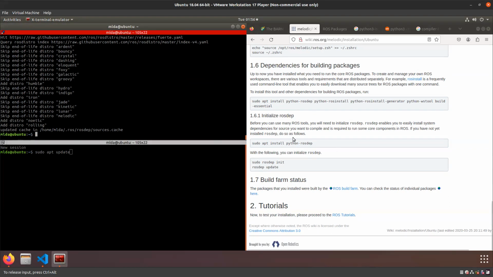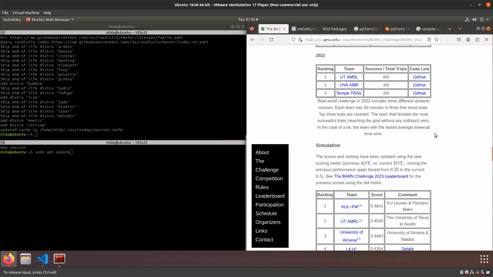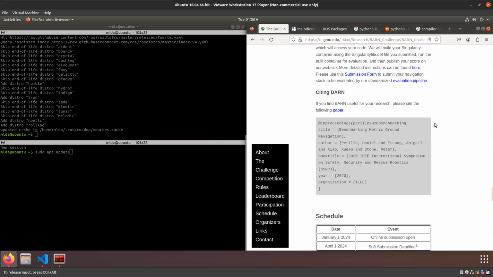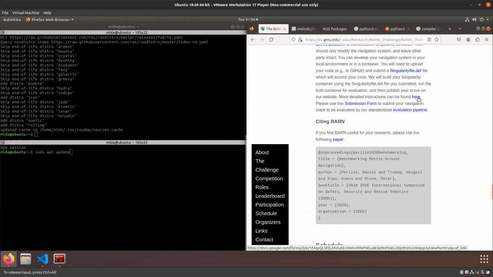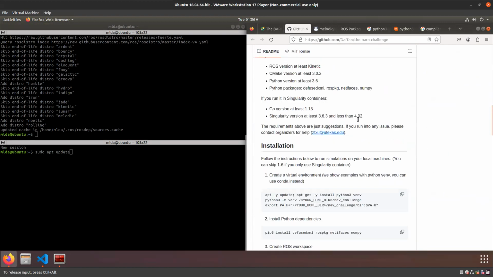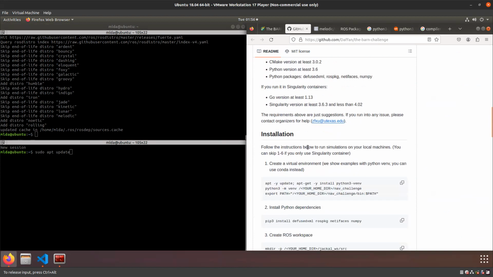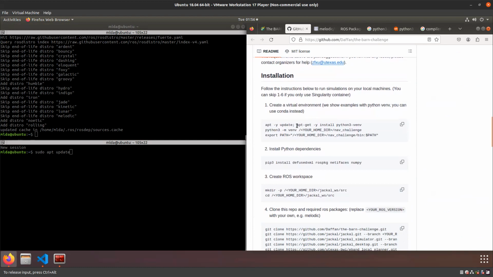Okay, so now is the juicy part, the installation. So let's follow what they suggest. All right, go to the GitHub. Requirements: ROS Kinetic, etc. Sudo apt environment. Okay, so here